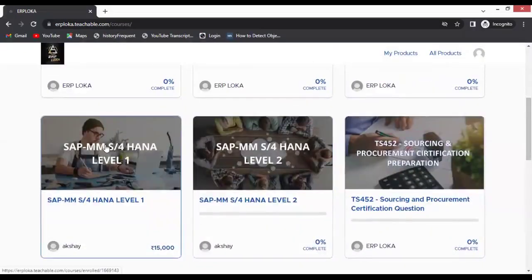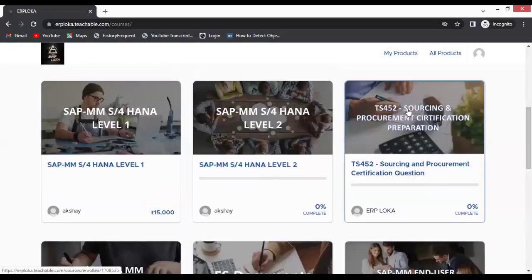For example, we have level 1, level 2 differentiated. And we have the certification program here, which is complimentary for you guys. So you will get this certification program so that you can see the questions prepared by us using previous experience. The same type of questions can be asked in the certification. And you'll also have one mock test here to write and check your knowledge of the certification questions. This will get assigned when we complete 50% of our course.